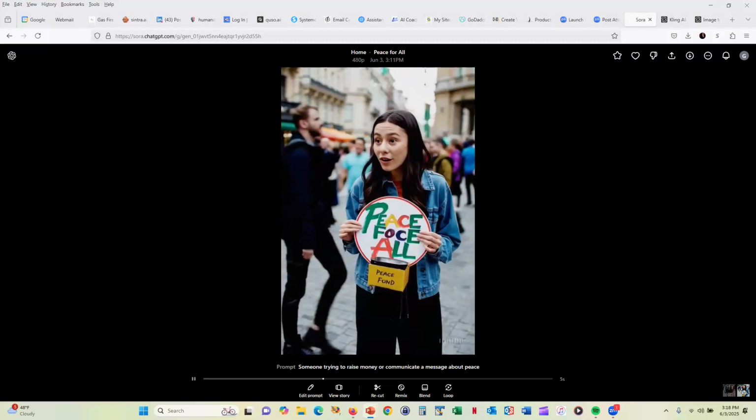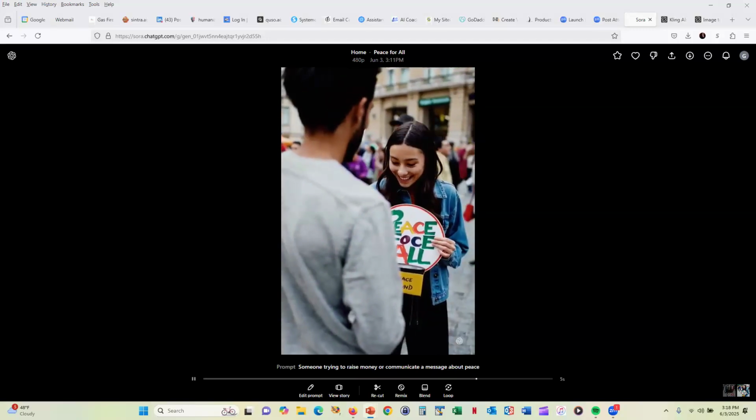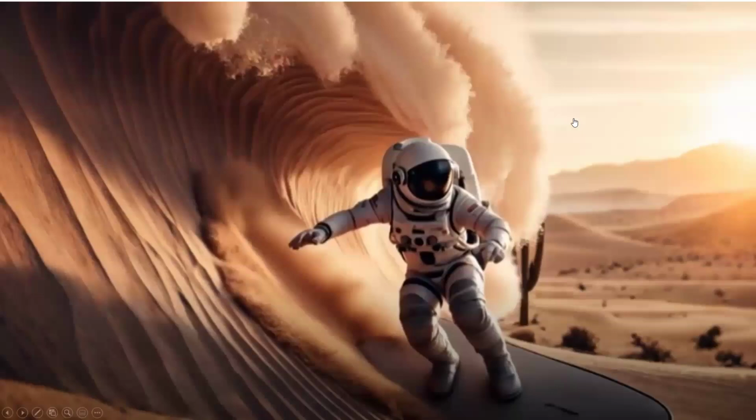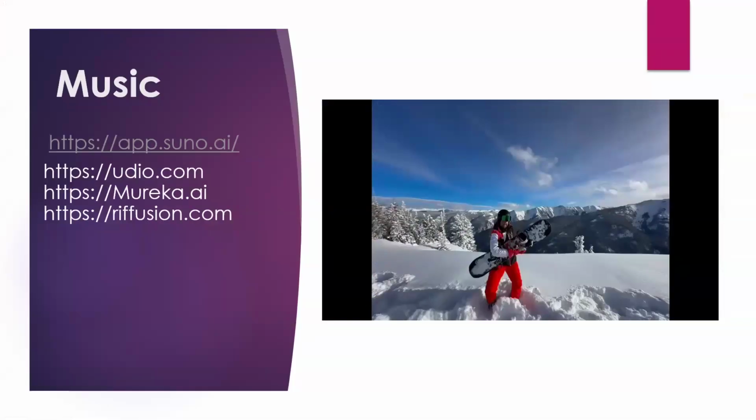And speaking of music, that is one of the other types of digital products that we can create. These are the 4 best AI music generation apps that are out there right now. Suno.ai is probably the strongest of them, followed very closely by Udio.